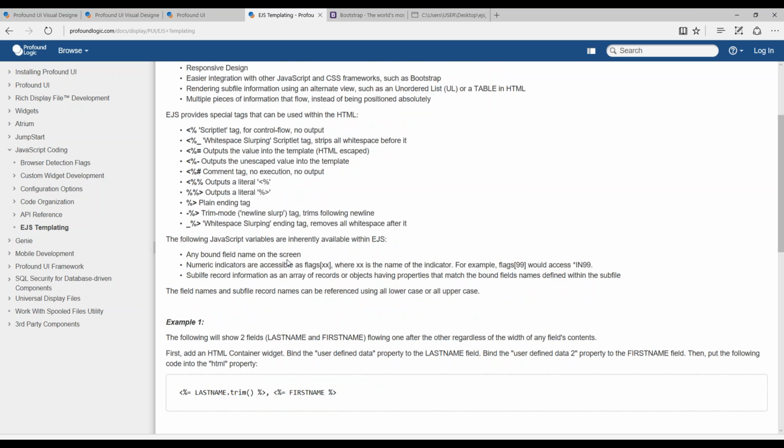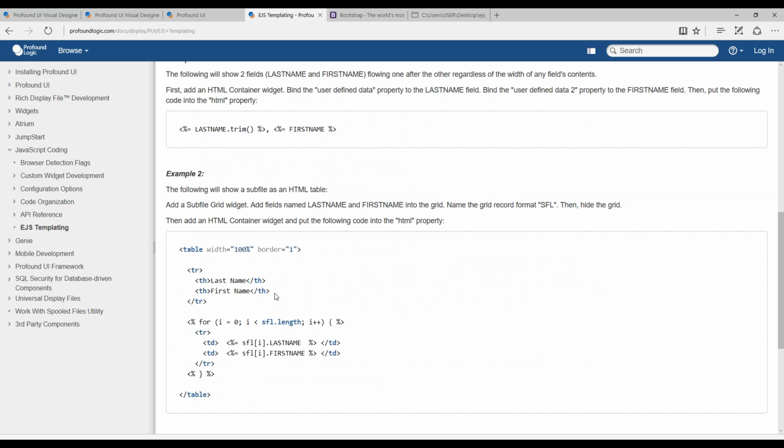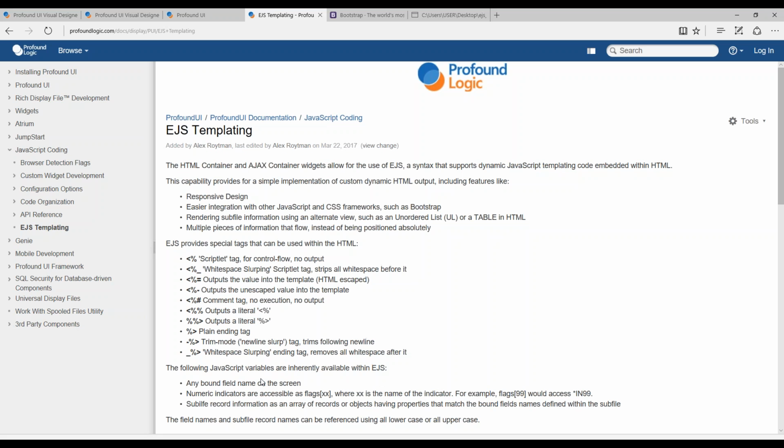So here on the documentation you can see some very simple examples where you could, for example, insert data into a table. You can go back and read those at your leisure. This documentation, of course, is available for you to browse at your leisure. So now that I have this